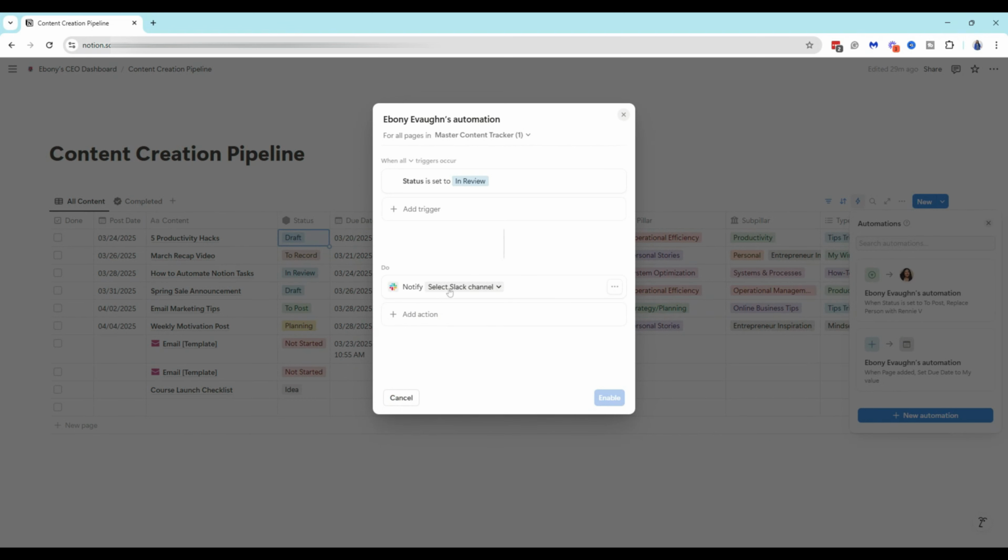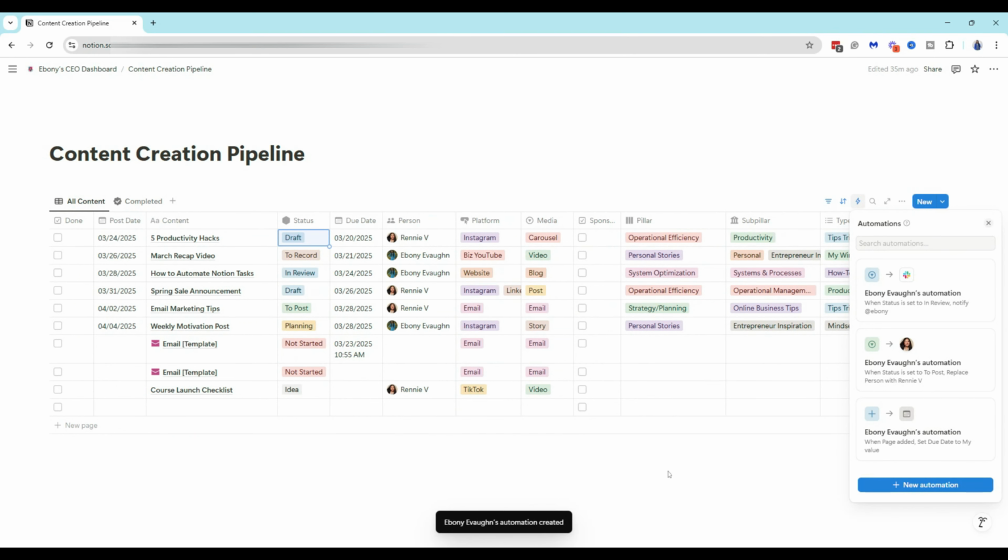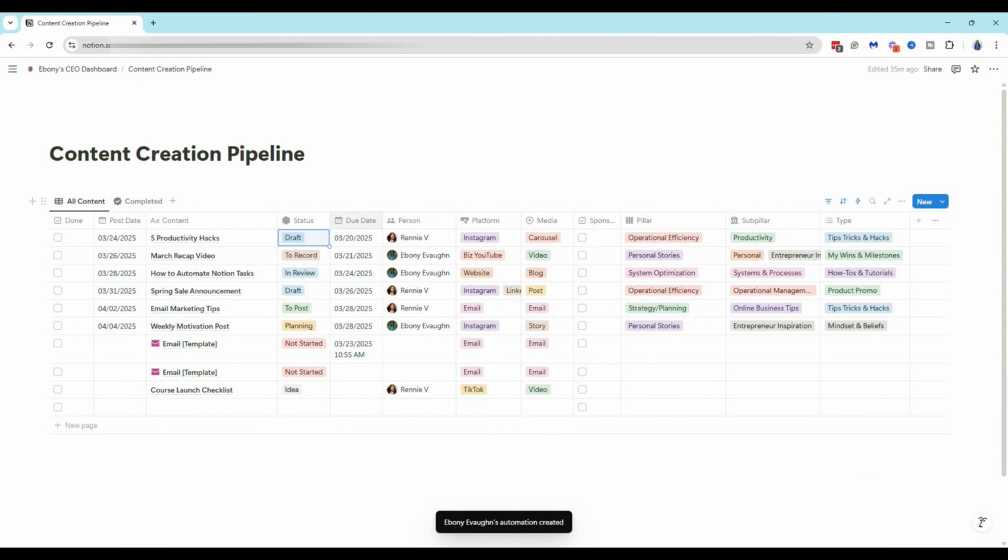And then you can see it says select Slack channel. So I'm just going to go, I have to connect Slack. Okay, all right, there we go. Okay, so now you can see it's sending me a ding already. So now you can see that it's going to send me a notification in Slack whenever something is now posted for review. So let's go ahead and hit enable on that. And now, Rennie,